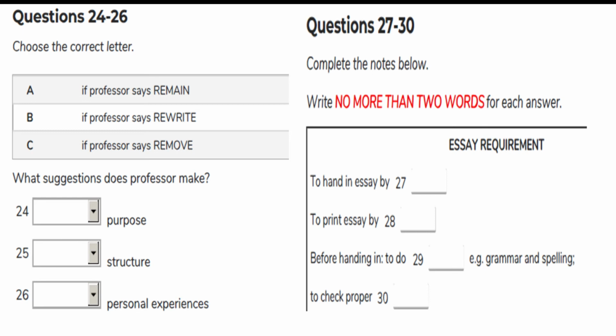Before your deadline, let me check. It is... Oh, here. It is on Friday, the 30th of October. Right. I will hand in my essay on time. Good. And you have to print your work by laser printer. Why? We will store all of our students' work, so good quality is very important.